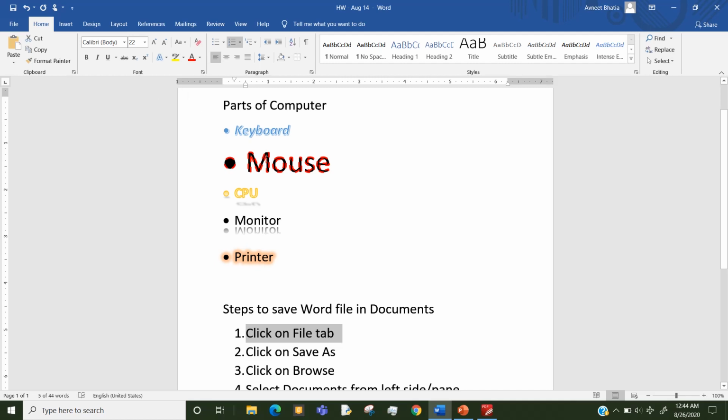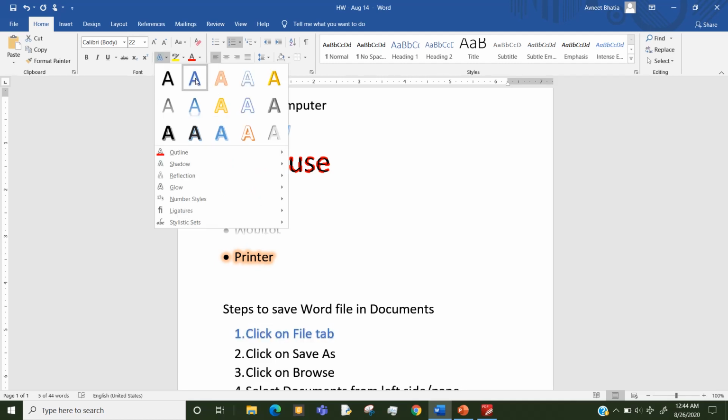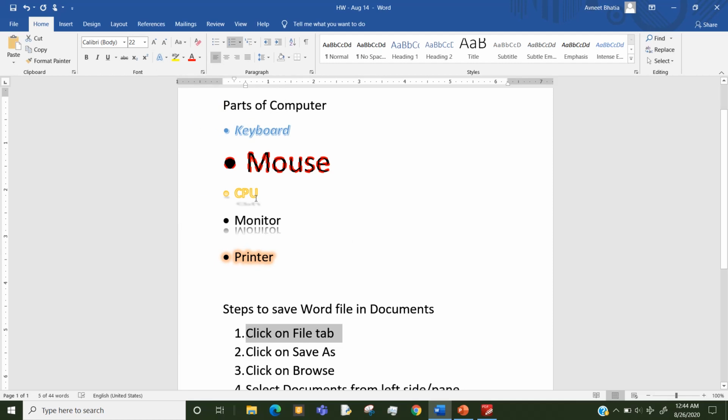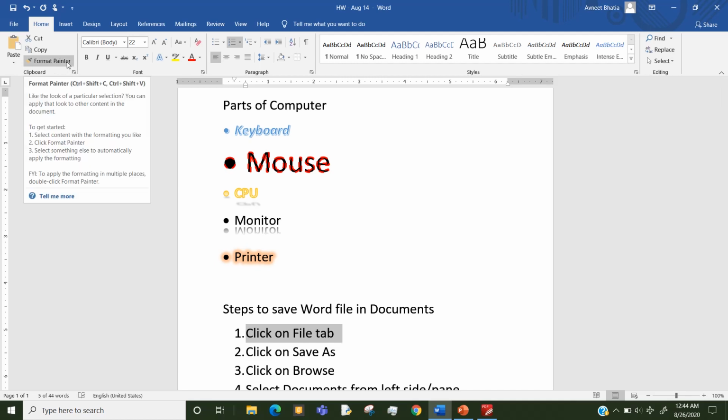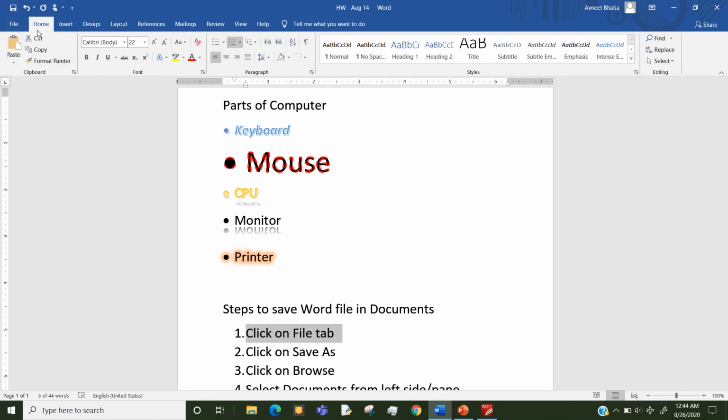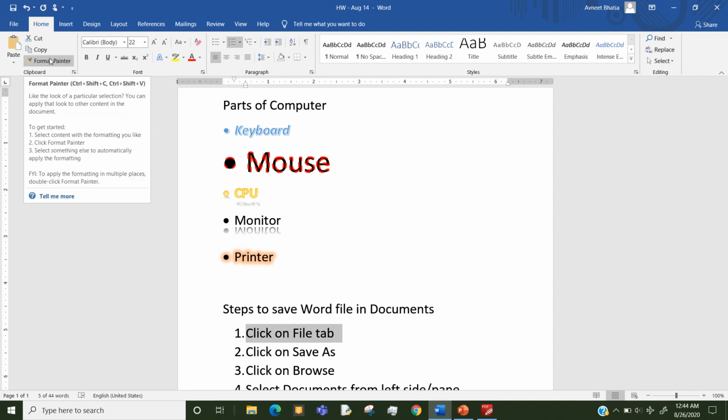And what if I forget what the different features that I've applied? I forget that I had applied this one. I might apply this. So then it will have a different look. So instead of doing all that, there is an icon in Word which is used to copy formatting from one text to another text, and that icon is this Format Painter. It is in Home tab, Clipboard group, and this icon Format Painter.